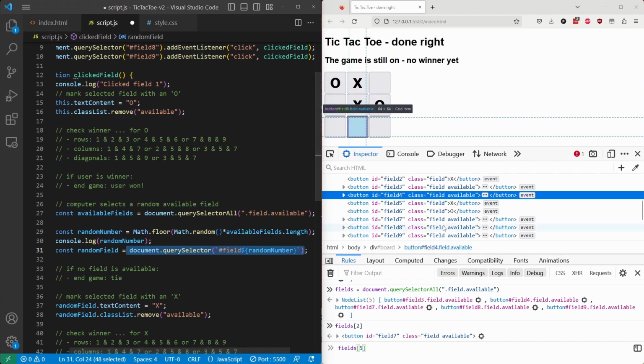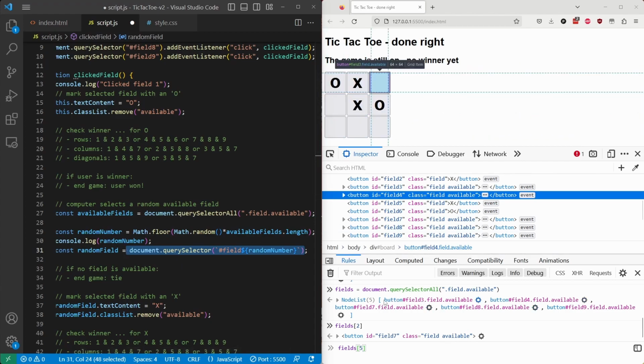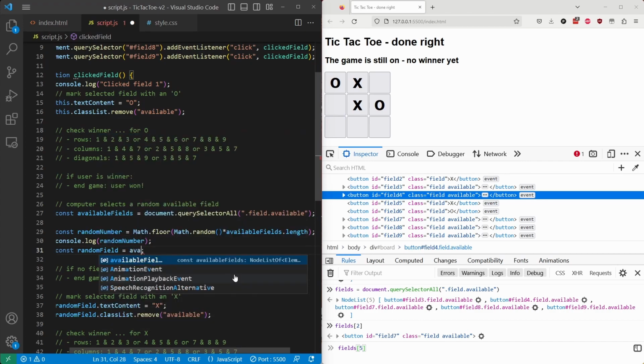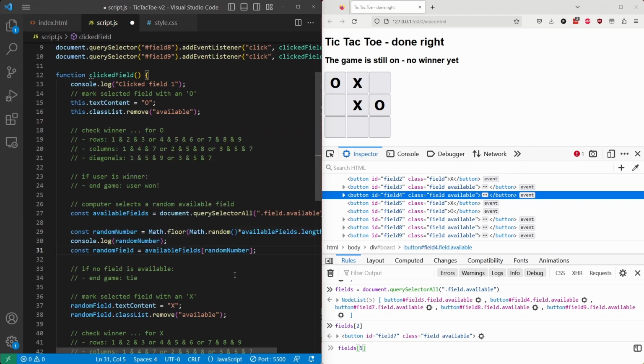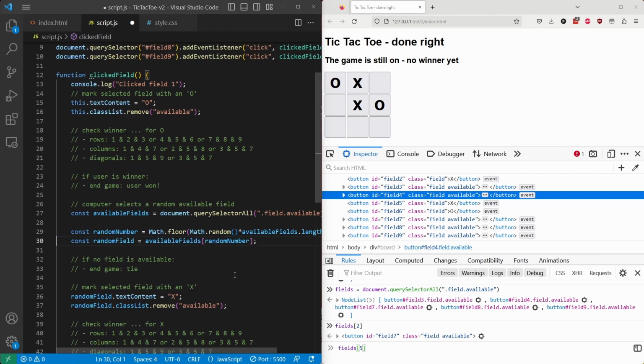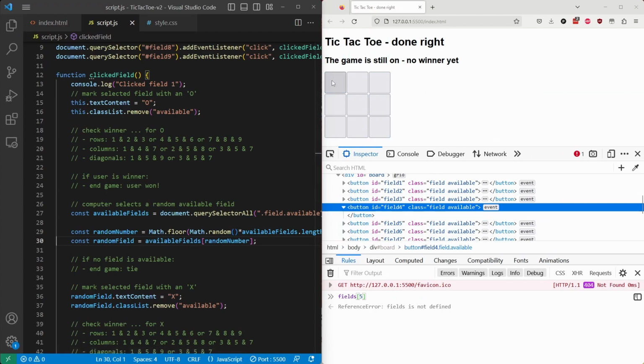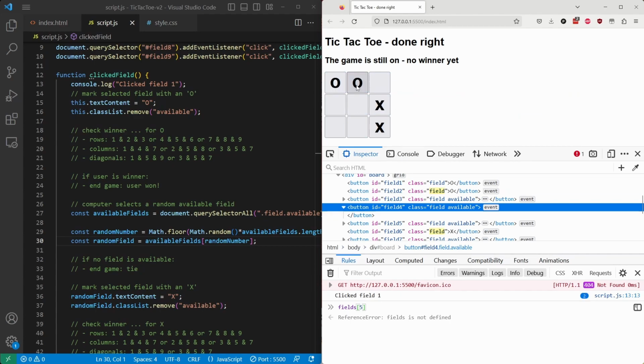I have my random number, that is my number in this list of available fields and not the name. Maybe I should have really not used numbers for names. Never mind. So the available fields, number, random number. And that should give me, I don't need to log it anymore, I think. And that should make, I can select one and the computer selects another. And I select this one and select that another one. And of course there's no winning condition yet, because otherwise I would have won and the computer would win. And now it